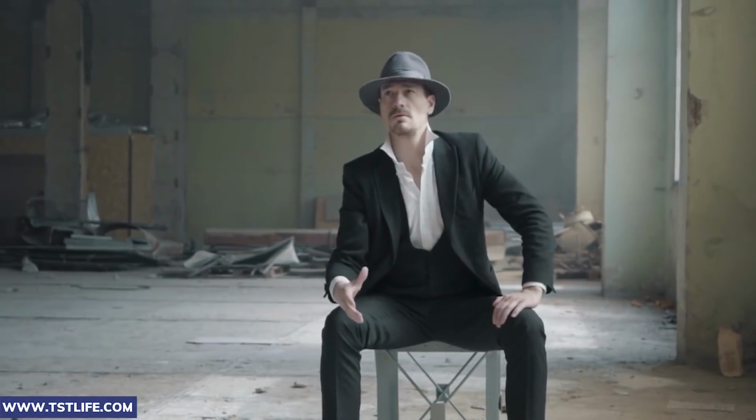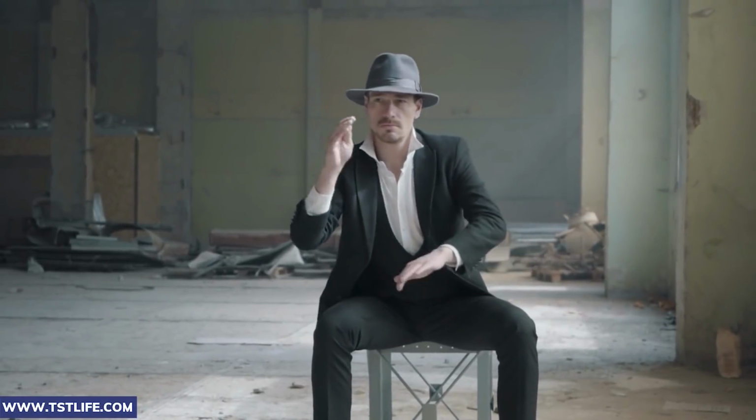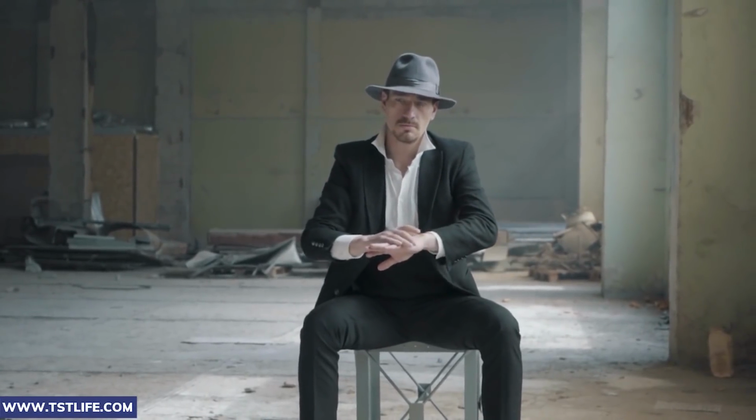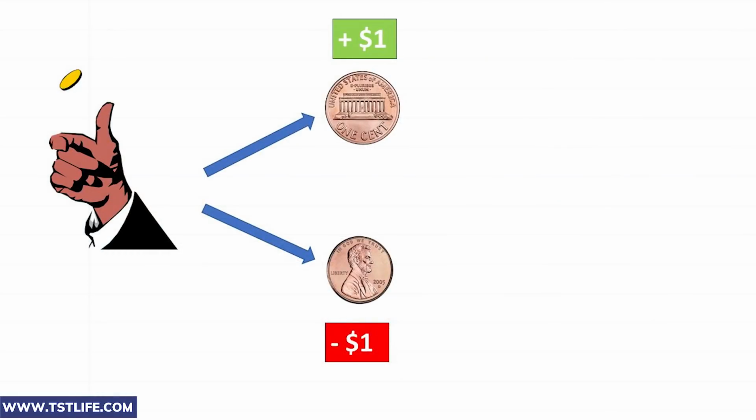Let's say you decide to play a game with your friend using a coin. There are two rules for this game. You'll flip the coin, and if it's tails, your friend will give you $1. Otherwise, you need to give $1 to your friend. So you are risking $1 in every single round. That's the first rule, but what about the second one?